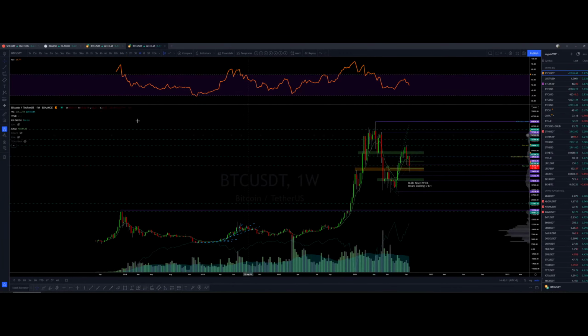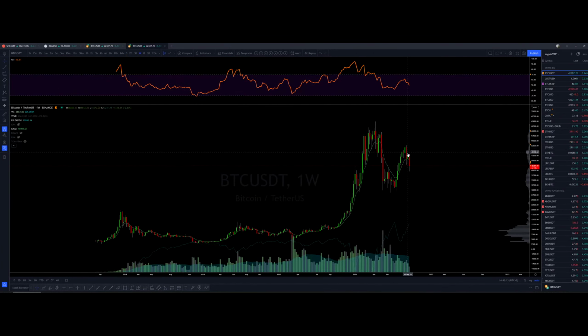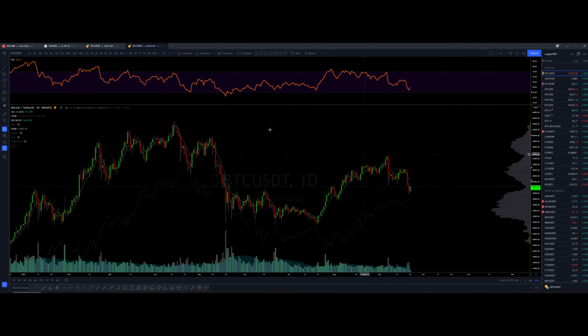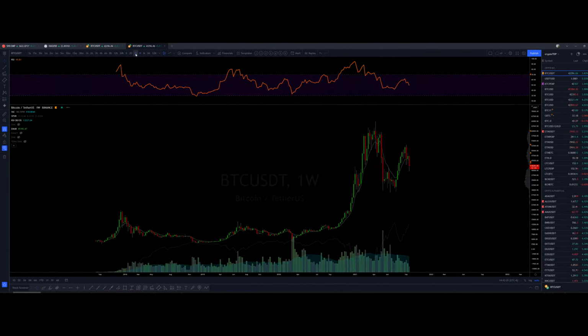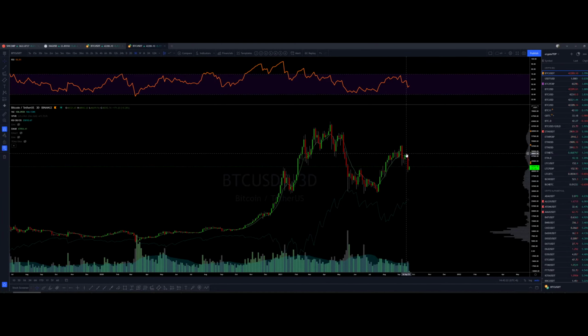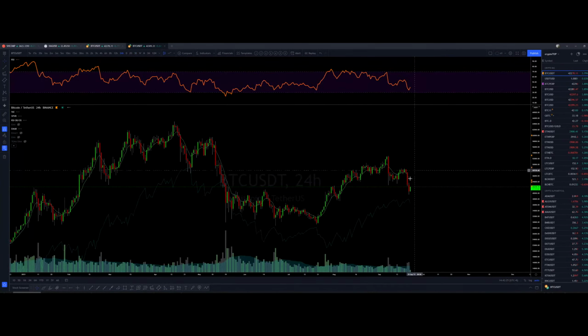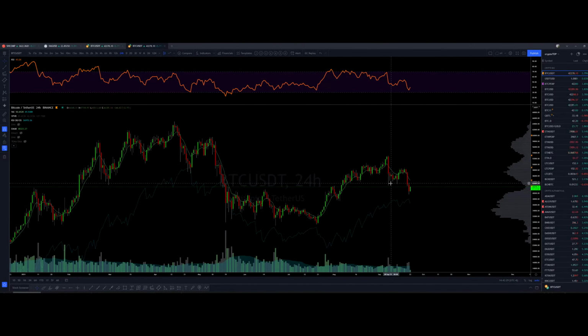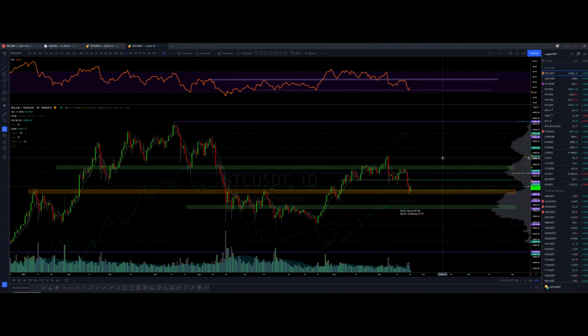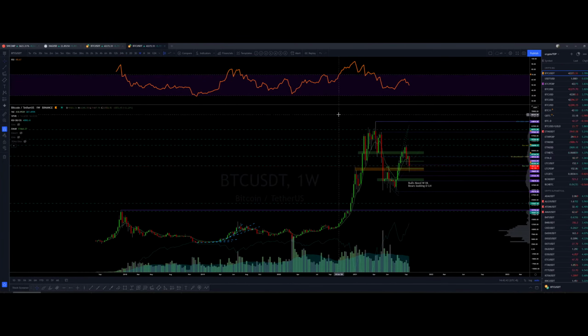If we look at the weekly, it's not really a weekly lower high here, so it's just a daily. Let's have a look at 3 days. On 3 days, it's also a lower high. So we came, and then we had a lower low here. So we're downtrending on the daily, right? This is very important because we are downtrending on the daily. So what do we have on the weekly?